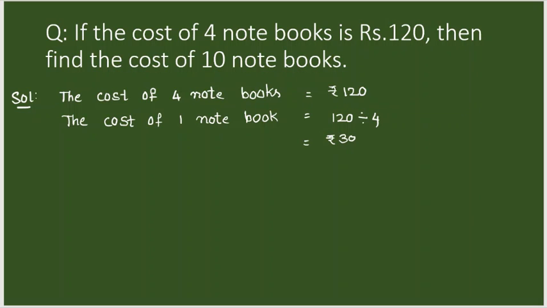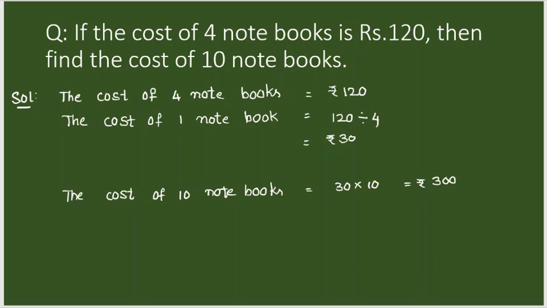Now we can find the cost of 10 notebooks. Okay. So here therefore the cost of 10 notebooks we can write as the cost of 10 notebooks equals to, already here we have got the cost of one notebook, that must be multiplied by 10. 30 is the cost of one notebook, it must be multiplied by 10, which gives us 30 into 10, 300. What are the units of this? This is rupees, money. So rupees 300.